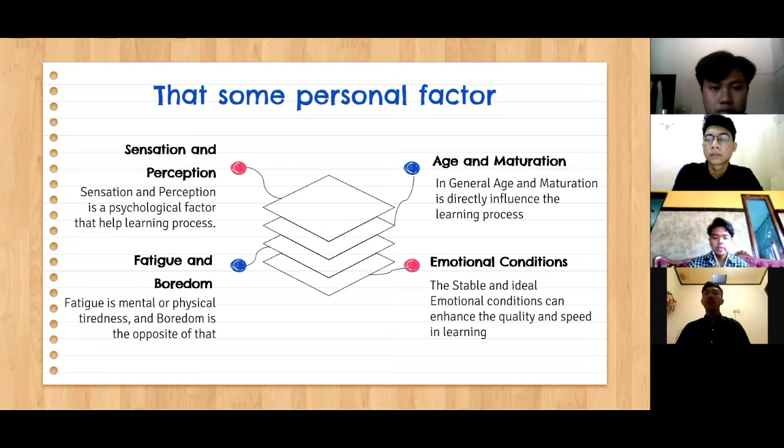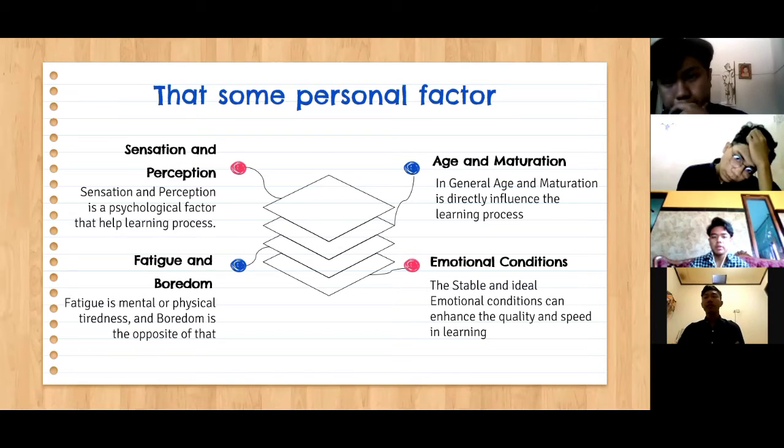Number three is age and maturation. In general, age and maturation directly influence the learning process. Based on psychological research, humans in every step of their life have a way of learning. For example, a child under 4 years old usually doesn't know how to do something that needs the coordination of the brain, like playing with cubes or reading a sentence, maybe just reading a word. Then when you are a teen or more mature, you can do such things that need coordination of the brain. This is in general. In some cases, some children can learn at an earlier age. It depends on the child